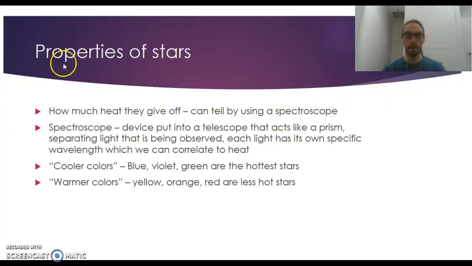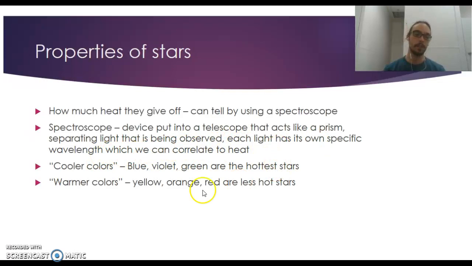Okay, so properties of stars. What are some properties we look for? Well, we look for how much heat they give off. That's a big one. So we can tell this by using that spectroscope. And a spectroscope is just a device put into a telescope that acts like a prism. It separates light that is being observed, and each light has its own specific wavelength, which we can then correlate